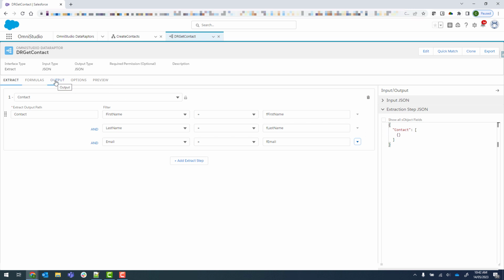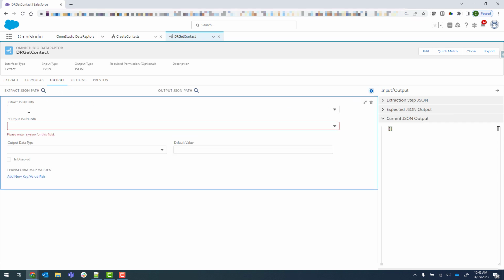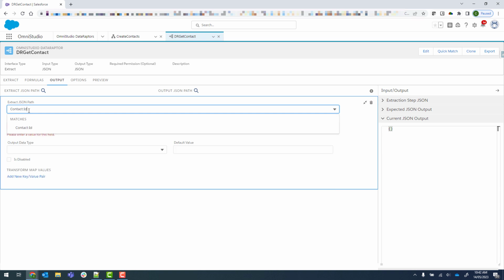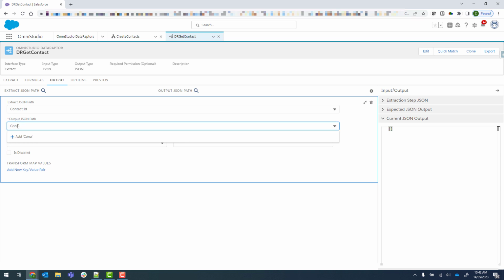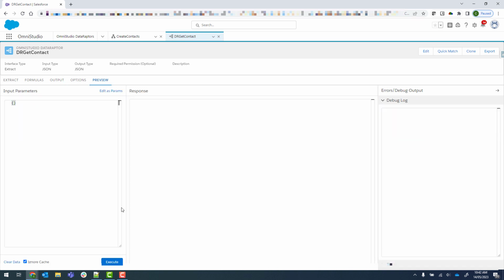And then we'll just come along here to output, and we will add, and we're looking just to output the contact ID for this example. So contact ID, and then we'll give it the same output path. Now if we go into preview, we'll just add some pairs here. So if we go ahead and put in some values,